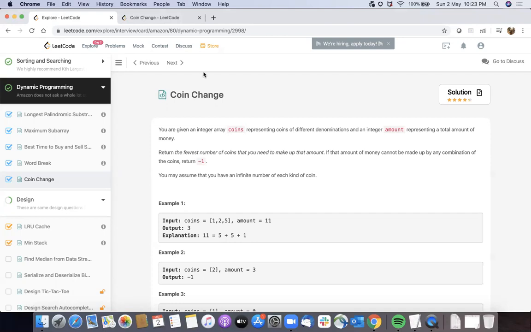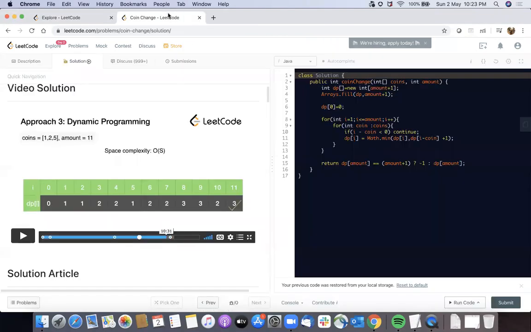So what we can do here is maintain a DP array of the whole amount. Suppose the amount we have to make is 11 and we have 1, 2 and 5 rupee coins. We will initialize a DP array of length 11. How would we define the size of the DP array? It would be the amount which we have to make.